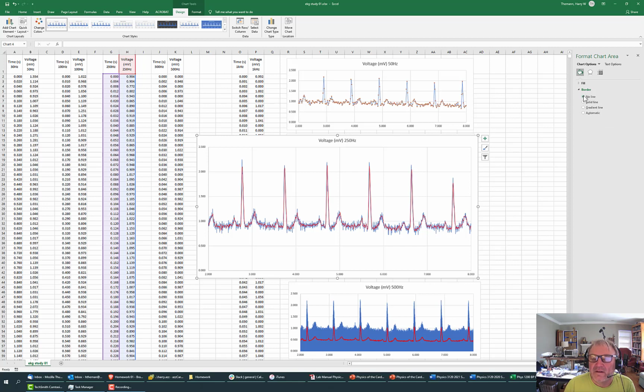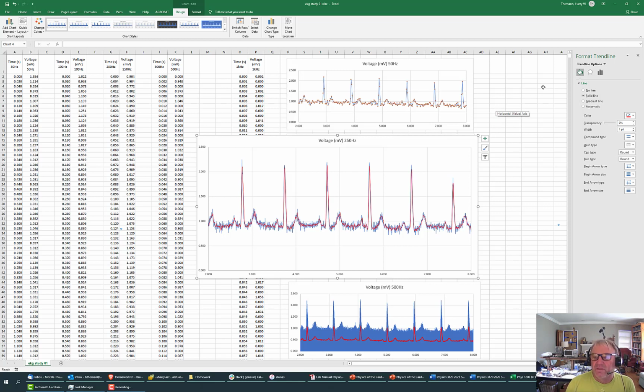Let's see. Oh, I have to. What did I just do? Solid line. Oh, border. No, we don't want to. Border. Trend line. So no line. And even now, okay, it's kind of there. But the idea is now we're starting, yeah, we have more points, so we can sample the waveform. But the problem is that we're letting in